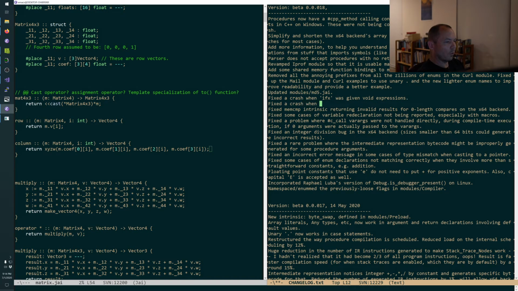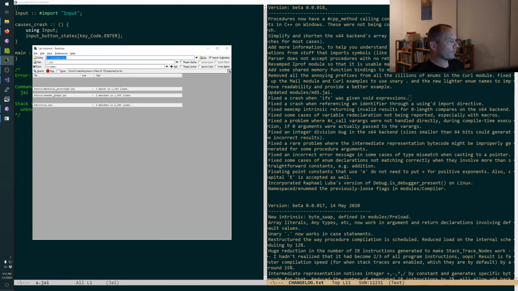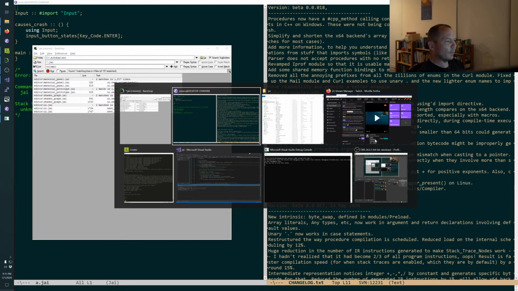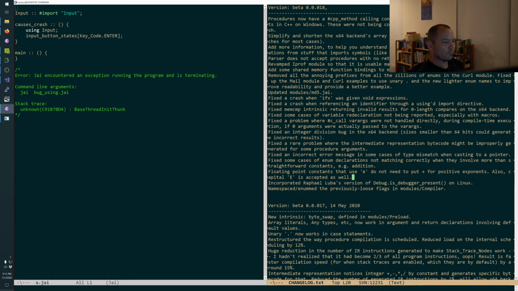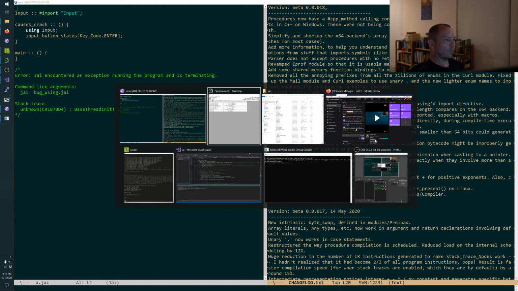Fixed a crash when referencing an identifier through using import directive. And then fixed some small bugs in Math Matrix.